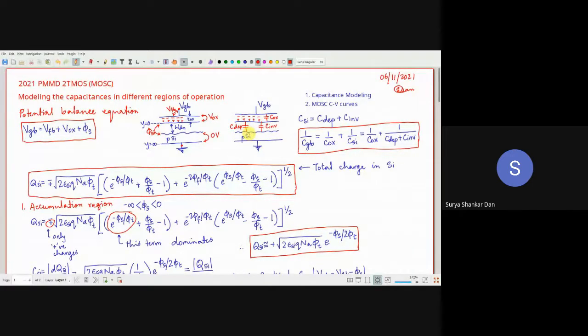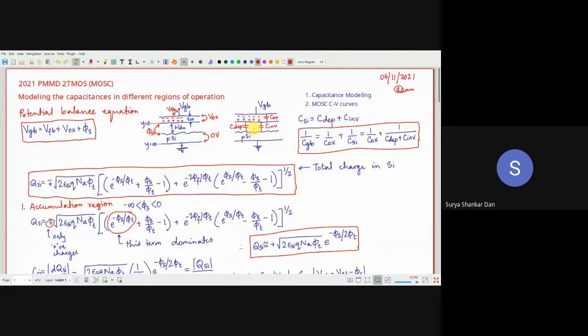But there will be some depletion region. The depletion region means, remember, in case of a PN junction, we had already seen that even though the depletion region has got immobile ions which are uniformly distributed throughout the depletion region, still it can be mathematically proven, which we have done in the class, that the charges will behave as if they are like a parallel plate capacitor with the charges distributed only on the depletion boundaries. Okay? So there is no difference between the dipoles in the oxide and the apparent dipole which is appearing inside the depletion region.